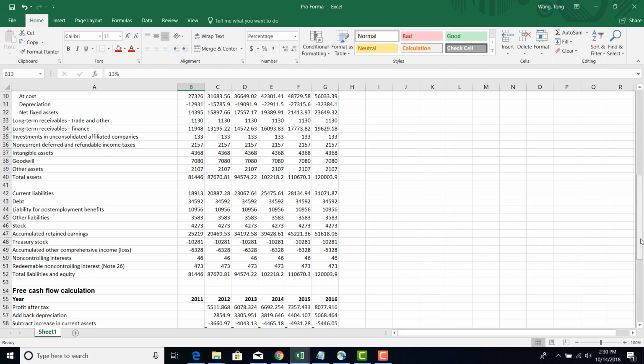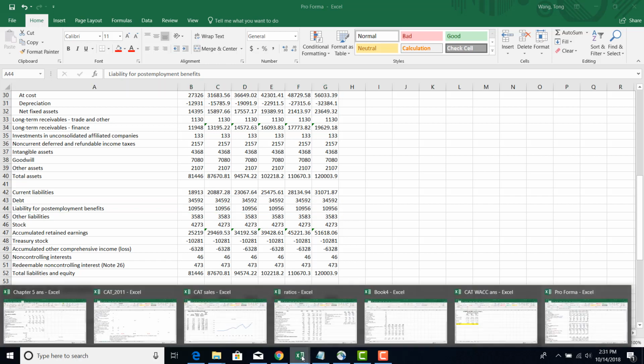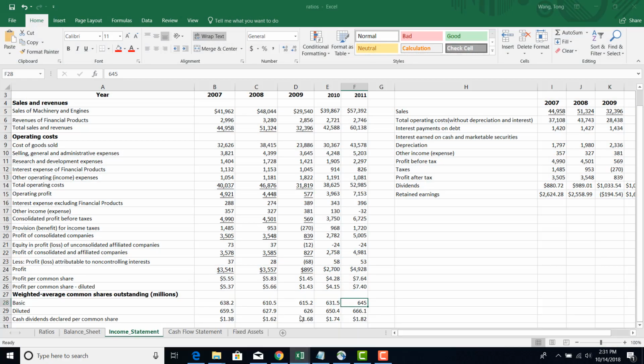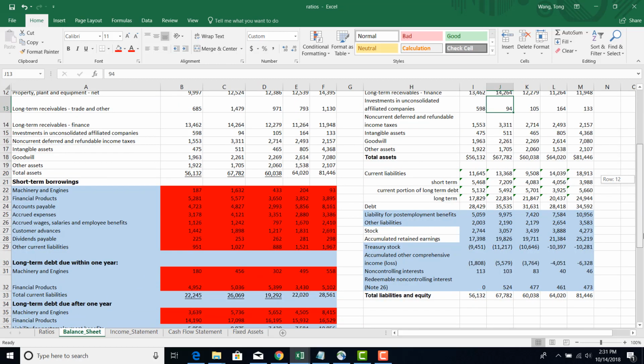So earlier I also mentioned that if you like, you can take a closer look at the pension. Here we're assuming that the pension, which is basically the pension liability, is going to stay constant. So if you look at the information in this ratios file, in the balance sheet of Caterpillar,